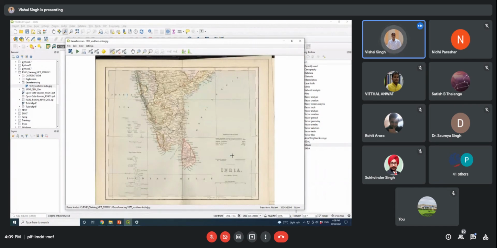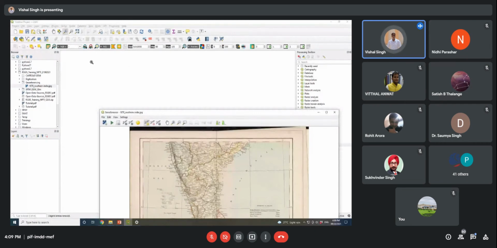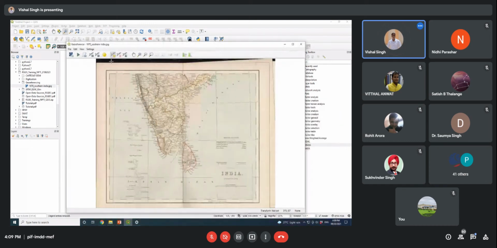Now you can see that this map has been added in the georeferencer window, not in the main map window. If it is added there, you can remove it from the layers. After that, go to file, go to open raster, and select the map by locating the appropriate directory where you have saved the data, and open this map. Now you have understood this referencing system, and what information is available here that we will use to project this map.